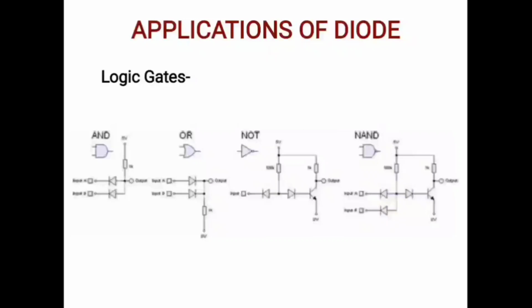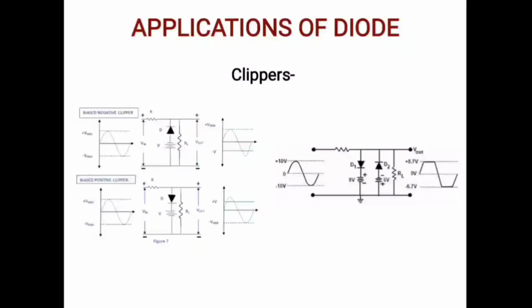The basic building block of any programmable electronic device is the logic gate, and a diode is one of the major components for designing logic gates like AND gate, OR gate, NOT gate, NAND gate, etc. Clippers. To clip off the unwanted peaks of noise from required signal waves, clipper circuits are designed by correct biasing of diodes. The clipper circuit is used in FM transmitters where noise peaks are limited to a particular value so that excessive peaks are removed from them. It is also known as a diode limiter.